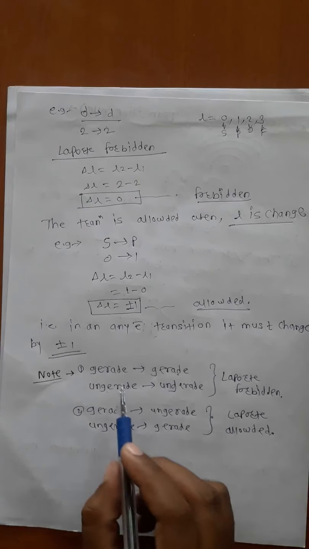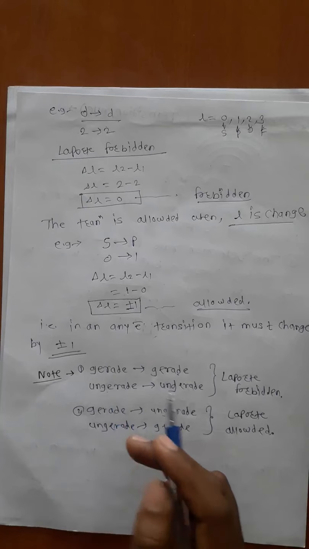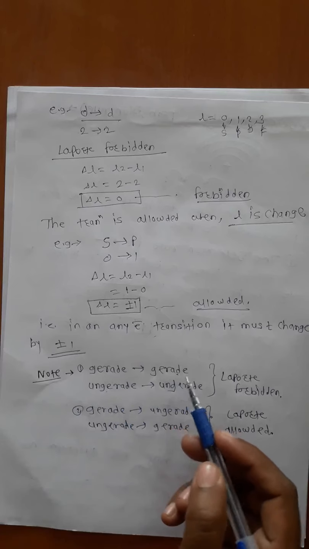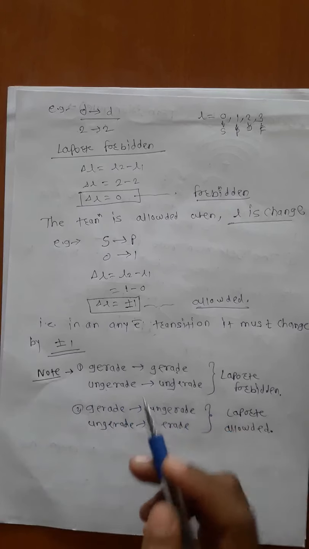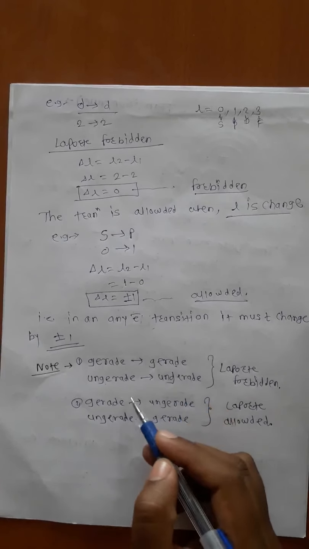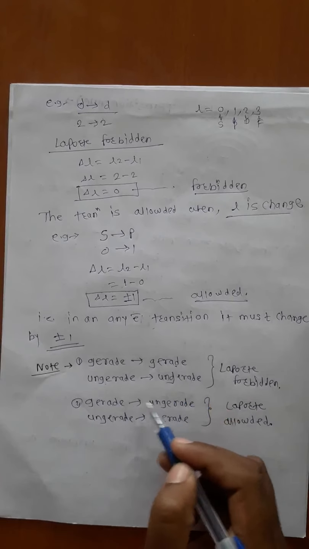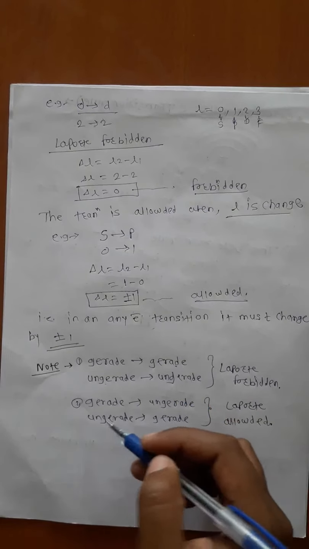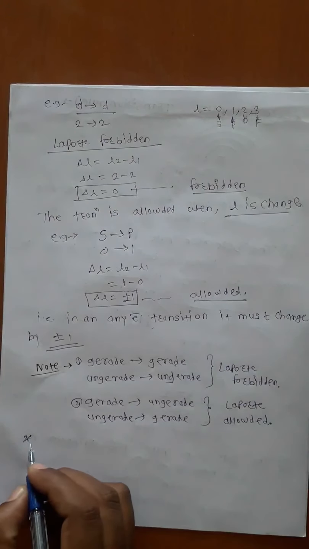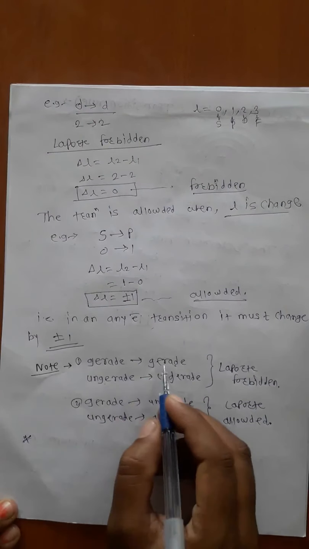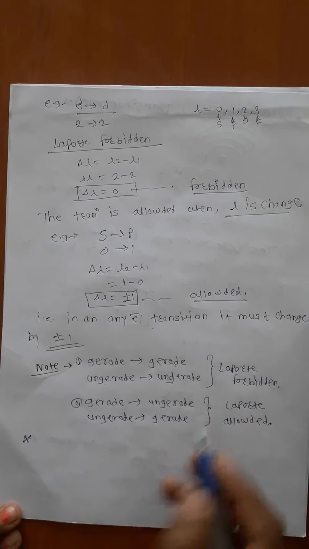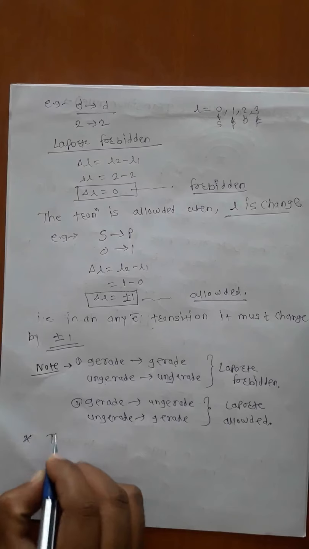Now I have to explain here what gerade and ungerade are. Gerade to gerade means the same kind of state, and gerade to ungerade means a different kind of state, for the electron states. Now we have to write what a gerade to gerade transition is, or a gerade to ungerade transition. The orbital having a center of symmetry